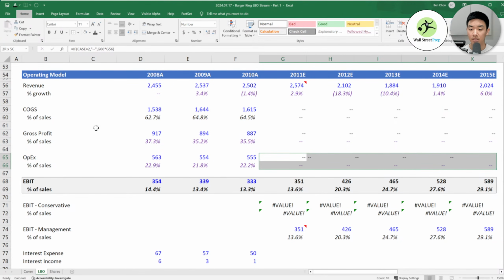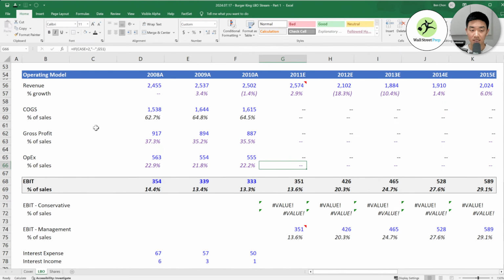All right, so now this is good in that when the case is at 2, these should show nothing, right? This basically indicates, okay, we are not using these figures here. But there's this issue where, if a case is at 2, you don't want to see a bunch of value errors in your model either.